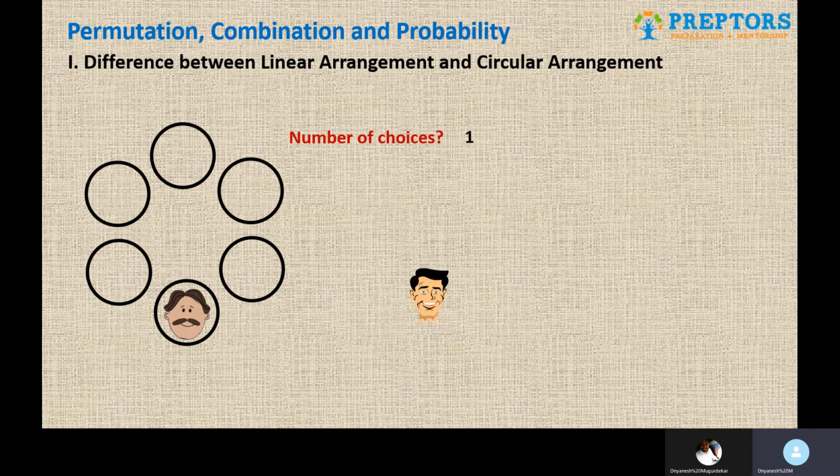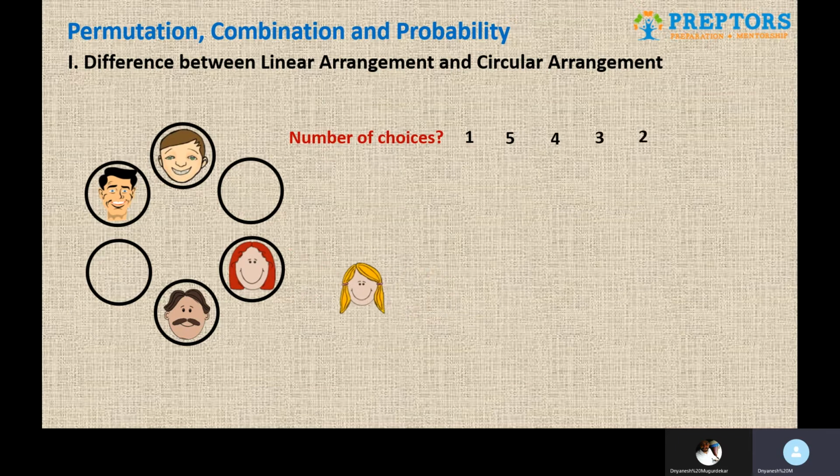Whoever comes second now can use the reference of the first person and then have 5 unique positions, maybe immediate to the left or immediate to the right and so on. So now, because of the first person, the other ones who are coming will have the unique identity, and hence now the second person has 5 choices. Similarly, third will have 4 choices now because she can use both of their references, so all become unique positions and so on. So whoever last comes again will have just one particular choice. So again, if I ask you in how many ways all these 6 people can be arranged in circular arrangement, you will realize the answer is 5 factorial.